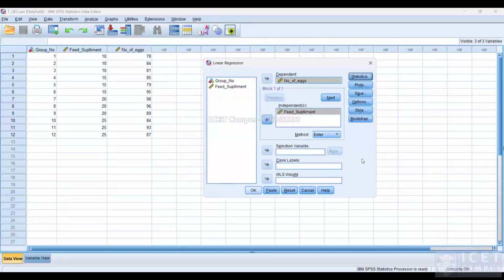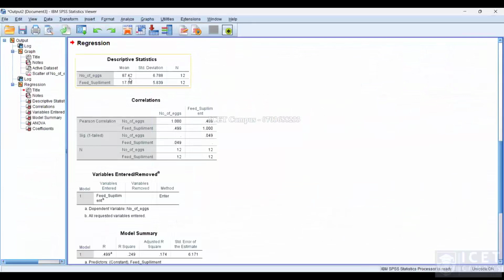Then, okay. Here the mean number of eggs is 87.48, and the feed supplement mean is 17.5. And the Pearson correlation, we can see here, between feed supplement and number of eggs, that is 0 point